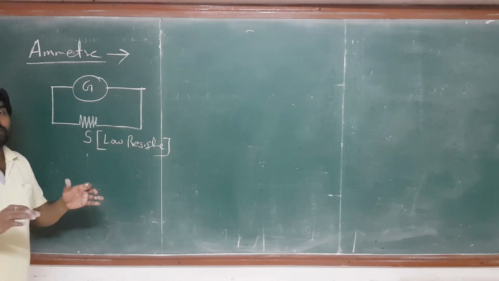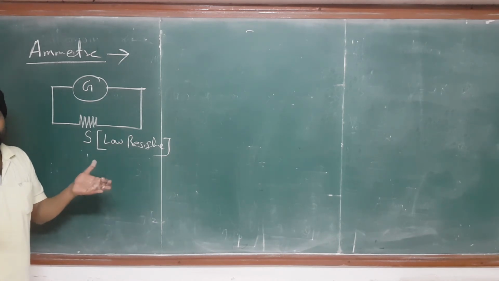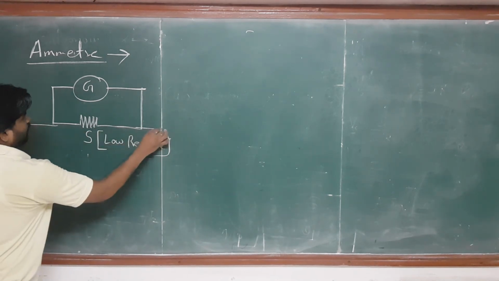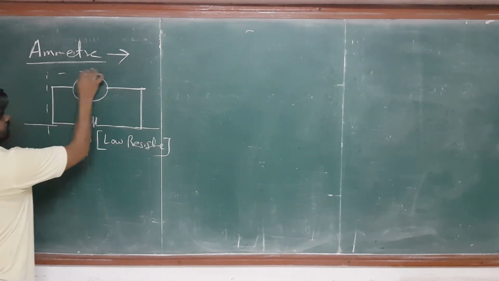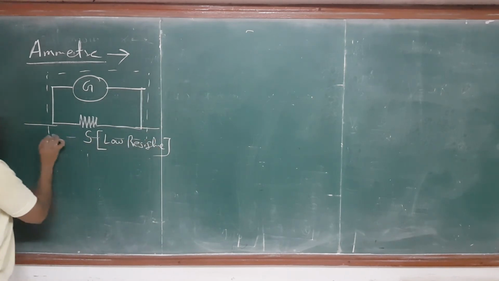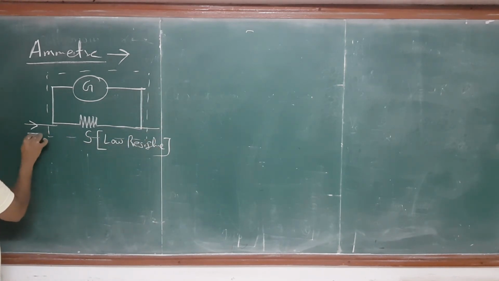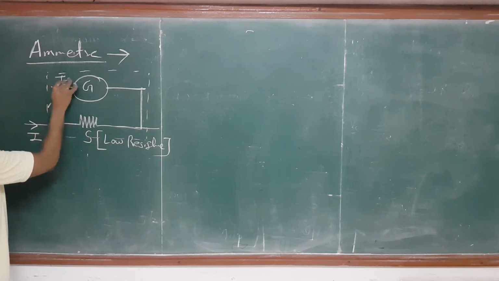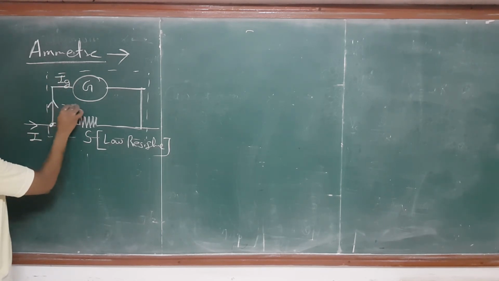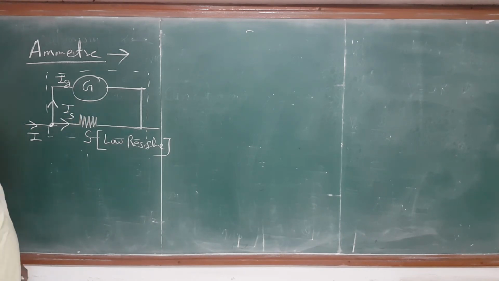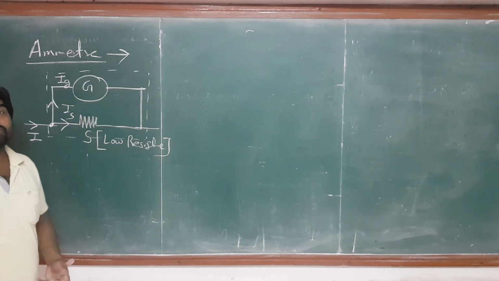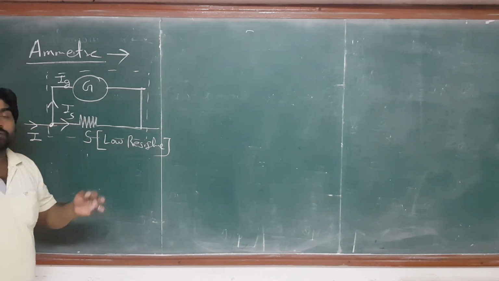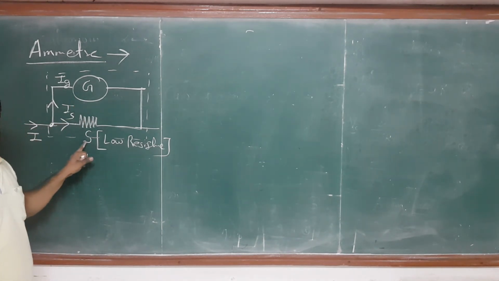Now this doesn't mean that if we increase the resistance, your current will reduce. Low resistance should be there. Or you can keep this box closed. So when current passes, the current will divide at this point, and the current which is passing through the galvanometer is called Ig, the current passing through the shunt is called Is. As we know, the galvanometer also has some resistance, so I can denote it by capital G, and the shunt's resistance you can denote by S.